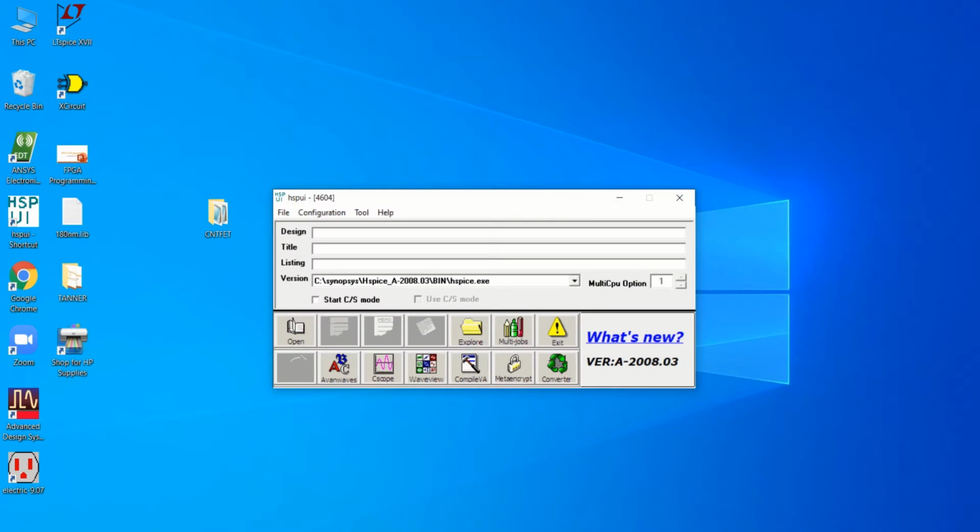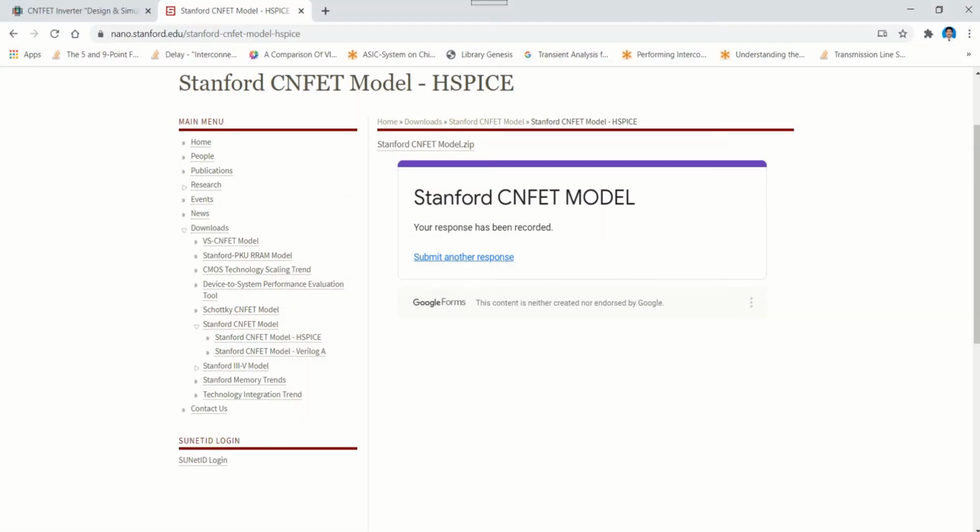For evaluation and performing the simulation, I am using the HSpice simulator. For analysis of a circuit using the CNT FET model, a library file or technology library is necessary.